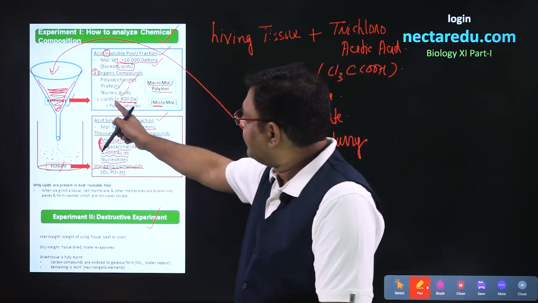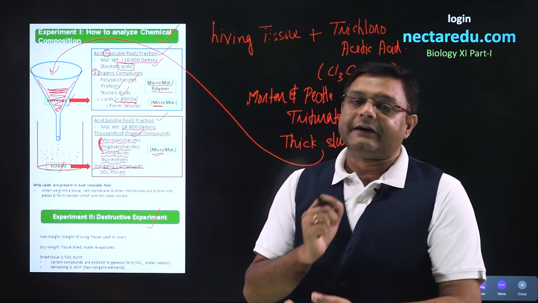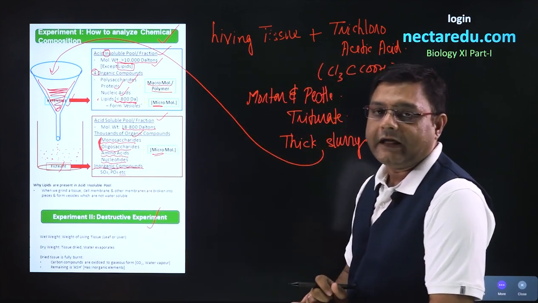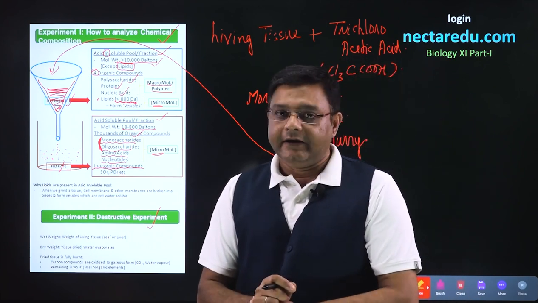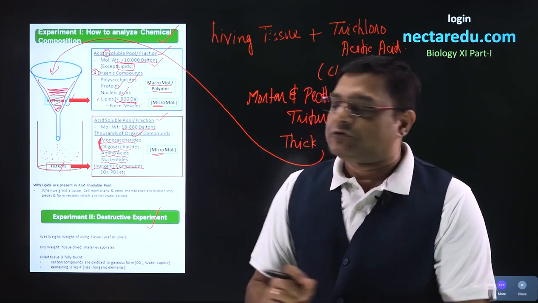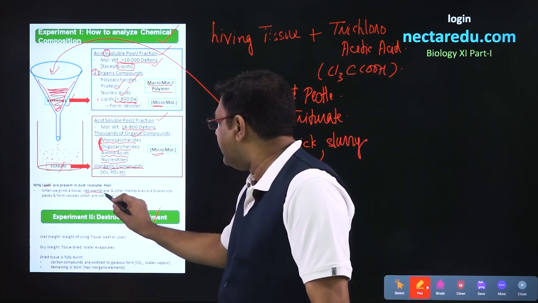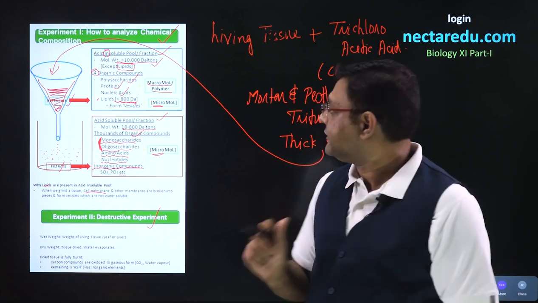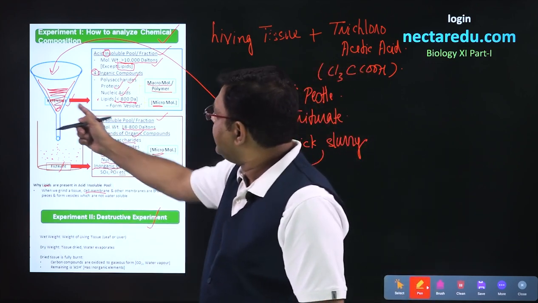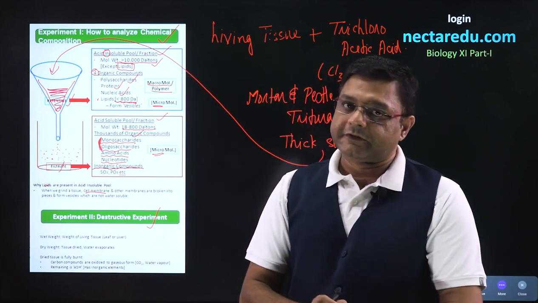Now, coming to the reason why lipids, despite being small molecules, are present in the retentate portion, the reason is that when we triturated the living tissue with this particular acid, then the cell membranes got ground. Cell membranes are majority formed of lipids, and the lipids are sticky. So, on doing this, these particular lipids in cell membranes formed small vesicles, and these vesicles were stuck in this filter paper, and that is why lipids are present in the acid insoluble pool. So, this is the description of the first experiment.